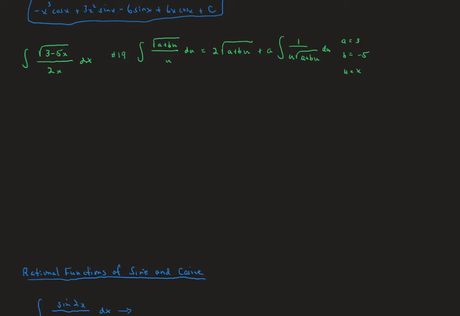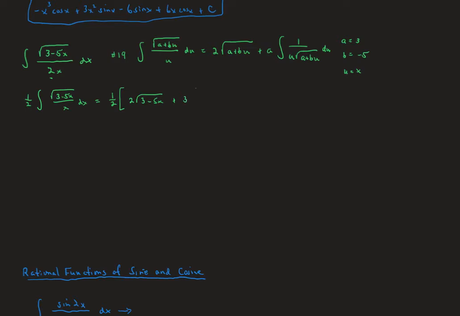So that means, and we're just going to pull that 2 here outside. So we're going to say that the 1/2 integral of the square root of 3 minus 5x all over x dx, that's going to be the way we're going to refer to our original integral. We're going to need that 1/2 times all of this stuff. And so that's going to be then the 2 square root of 3 minus 5x